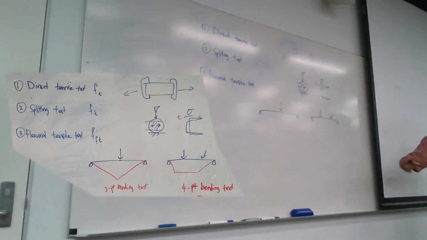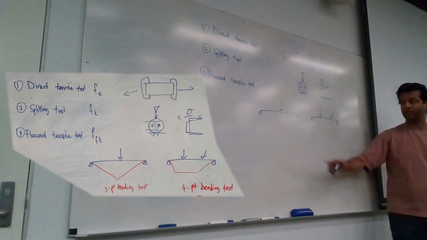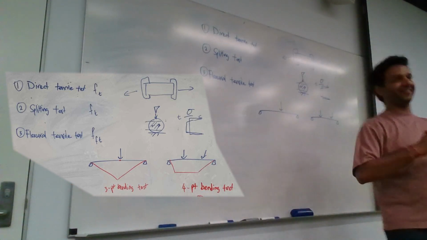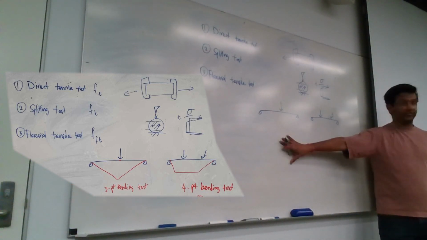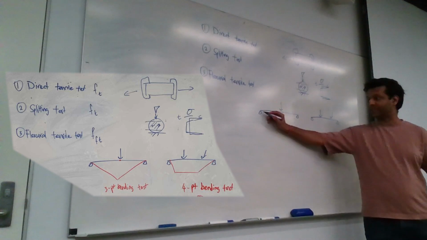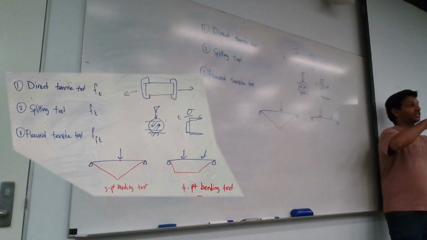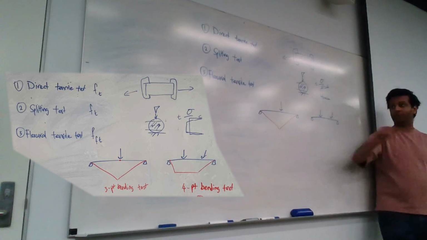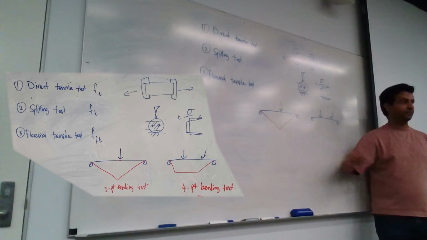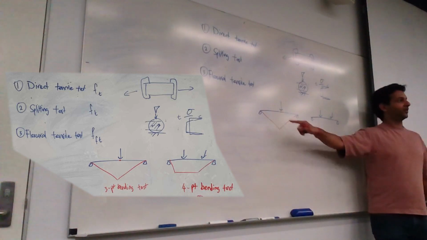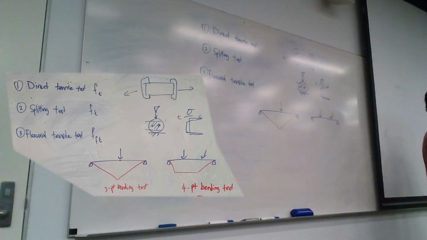Okay, the reason is because of the bending moment diagram. So on the left, the bending moment diagram for this beam looks like this. Which means the cross section that's experiencing the largest moment is only one cross section. This point in the middle. That's the only section you're testing. Okay, so it's rather unfair because if you have a freakishly strong cross section that just so happens to be in the center,